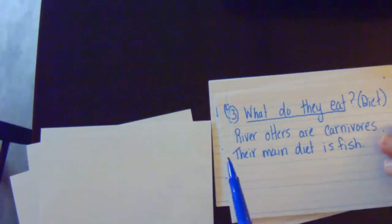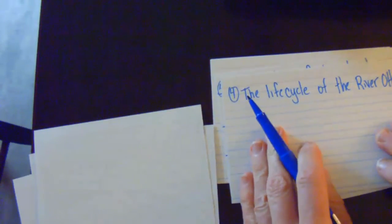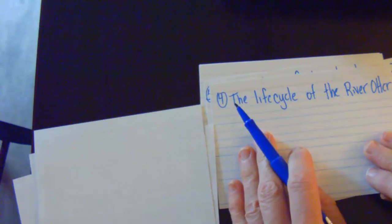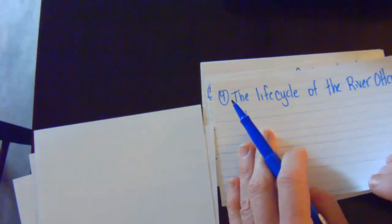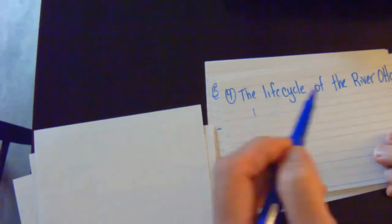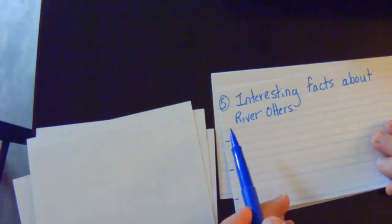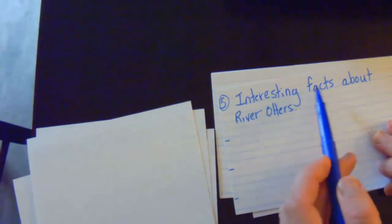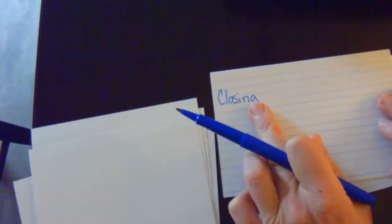What do they eat? What is their diet? The life cycle of a river otter. That would be teaching us about how long they live, how many babies or pups they have, and then when they become independent. And then interesting facts about your animal. So mine says interesting facts about river otters, but you're going to choose your own animal. And then you're going to do a closing. So then you're going to share